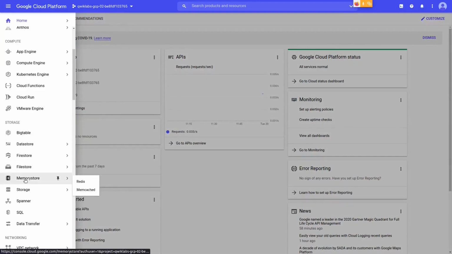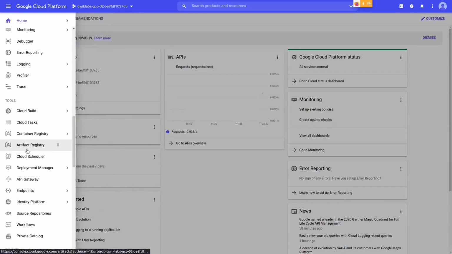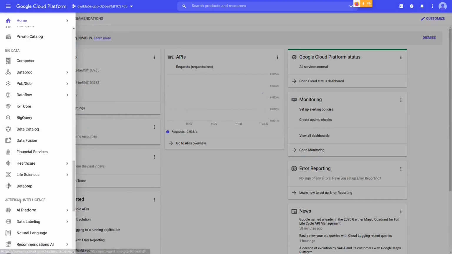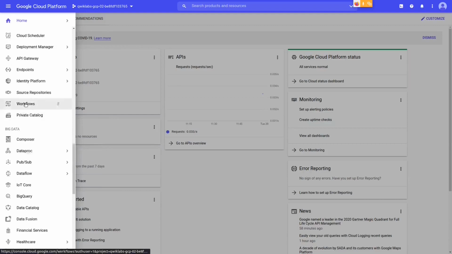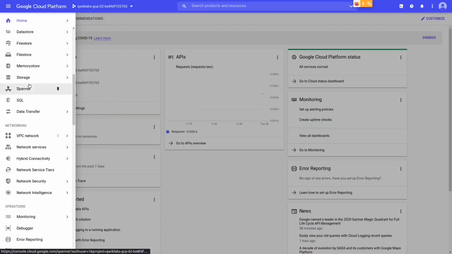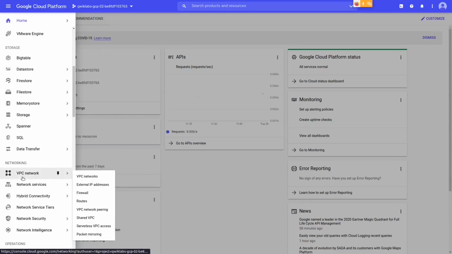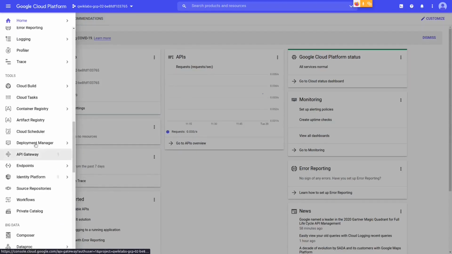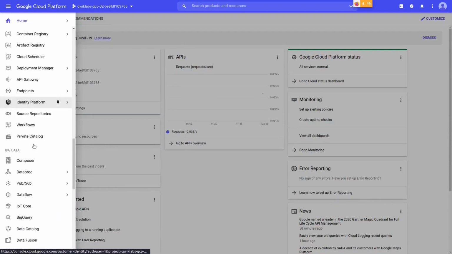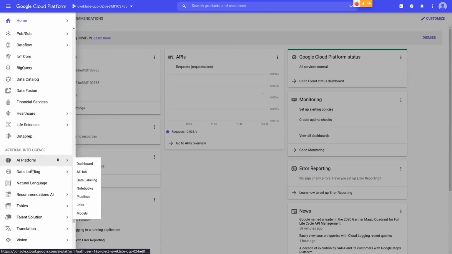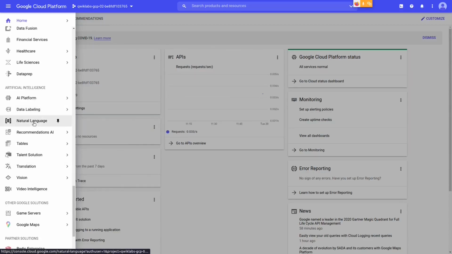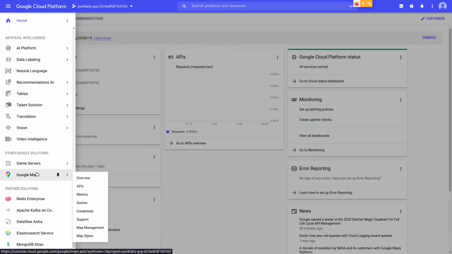This will help you navigate to different sets of features provided in GCP. We have a lot of features here. We have compute features, storage features, networking features, tools to manage your applications, big data, and artificial intelligence. We will be using this in our second track.